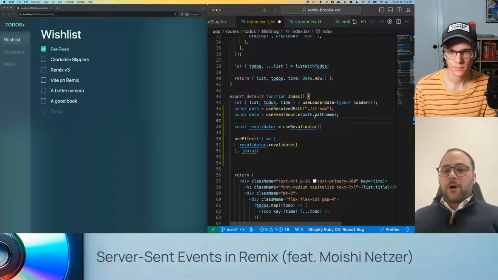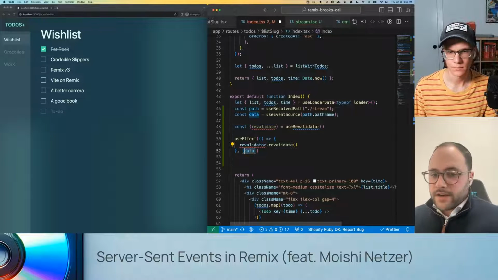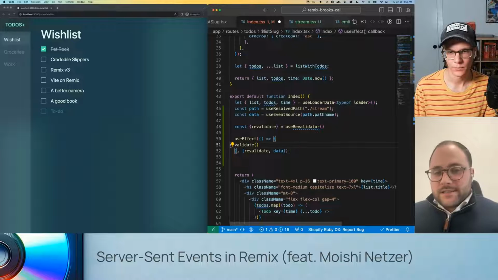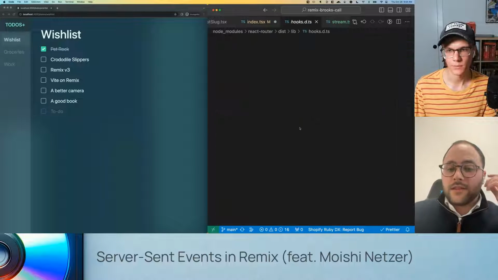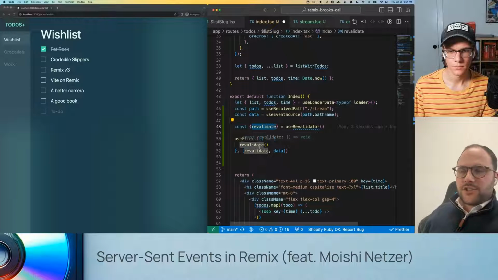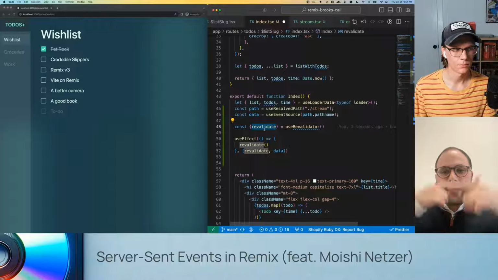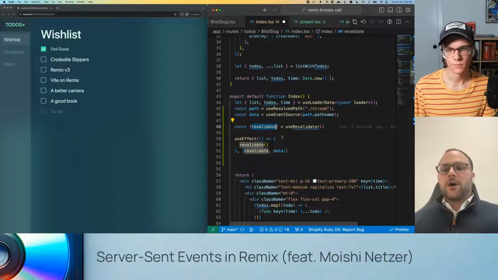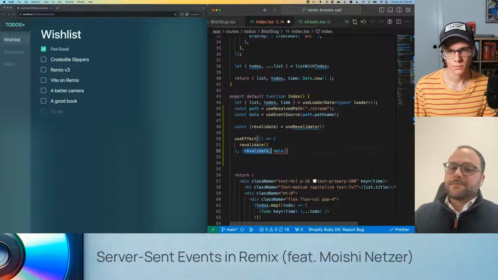Now, it's angry that we're not putting the revalidator in the dependencies because we are listening to it, right? True. But you're actually not supposed to add it here. Really? The reason is, think about it: the data changes, so we revalidate the page, but then it's going to change the data, and it's going to revalidate the page and go into this infinite loop. So for now, we know better than React, and we're just going to revalidate the page when the data changes.